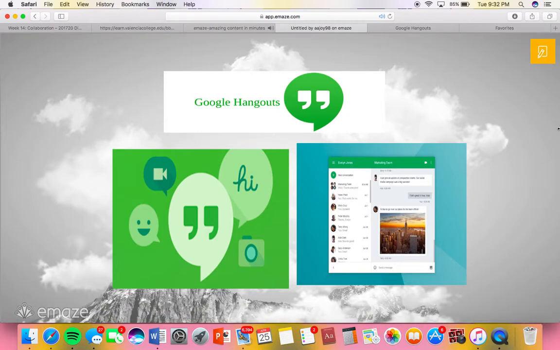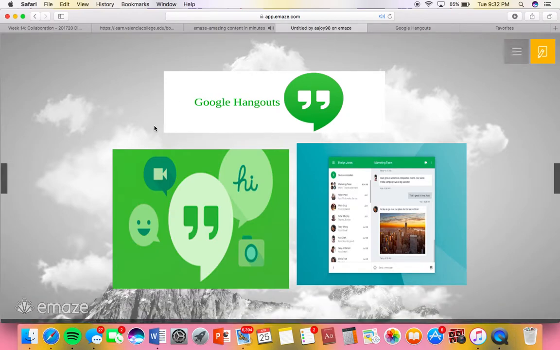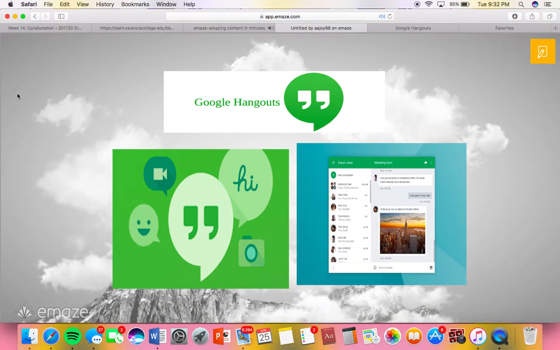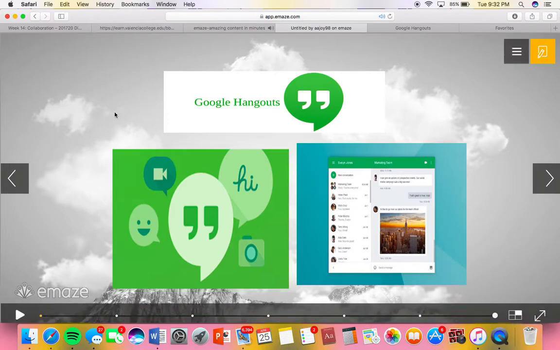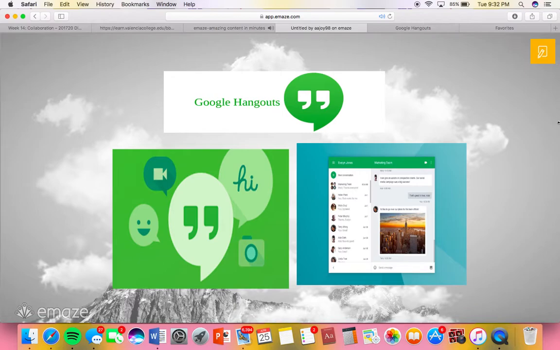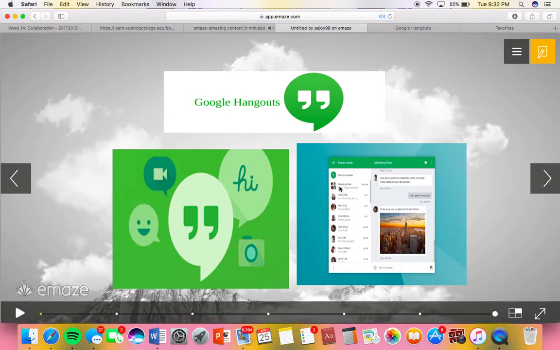This next thing is Google Hangouts. This is also a presentation that we learned about in school. It's pretty much a chatting app. You can make group chats, you can send multimedia messages. For people who don't have cell phones or a cell phone service, you can still communicate with your peers, people around you. I think it's cool that you can have group messages with people